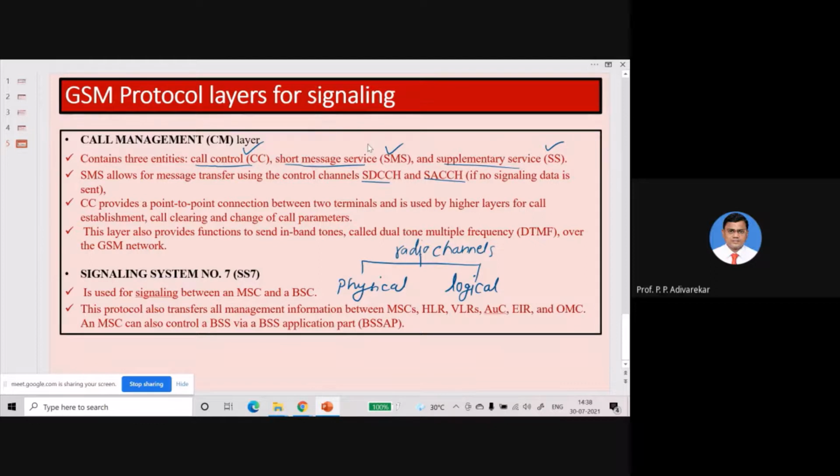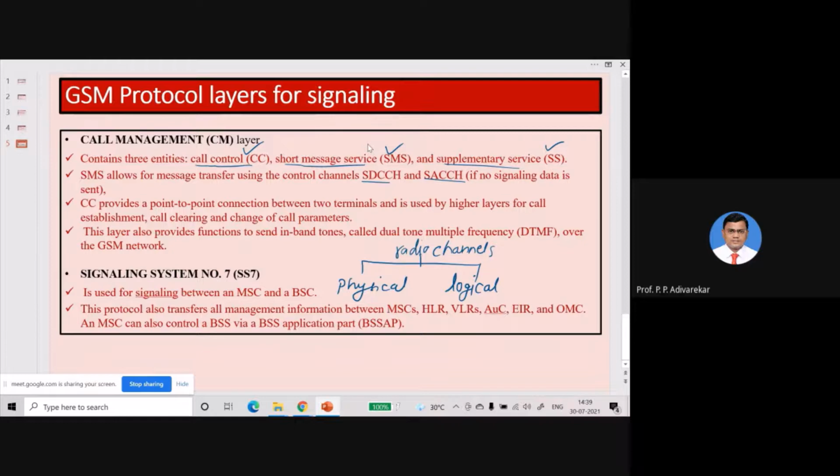The physical channel means the actual frequency on which you are transmitting the data, and the logical channel means what type of data you are transmitting on that physical channel. So the logical channel defines the use of this particular physical channel. Physical channels are nothing but the medium, and the logical channel is what data you are transferring.